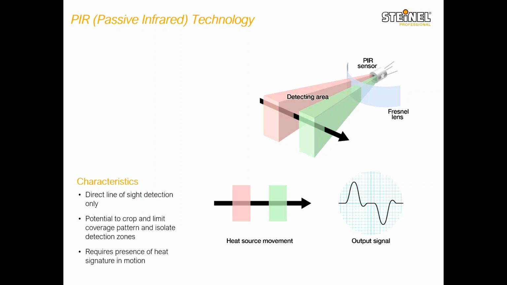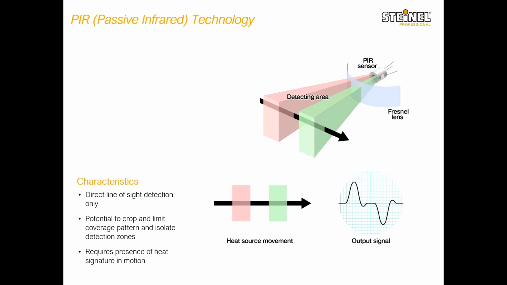The concept is that you have a lens, and you have a pyroelectric element that detects movement, basically it sees heat sources. The combination of this lens and this pyroelectric element gives you multiple detection zones or detection areas,